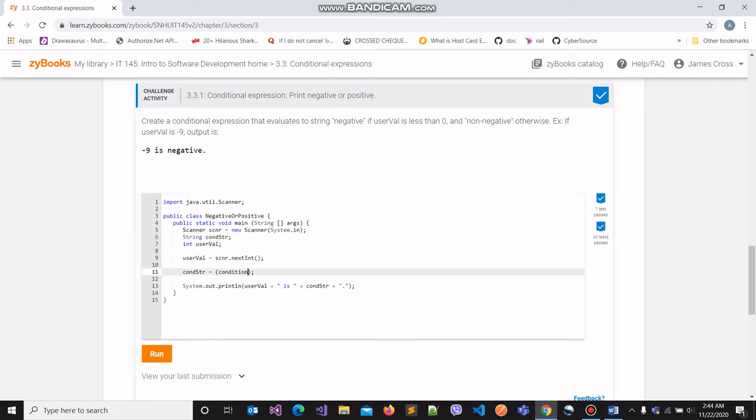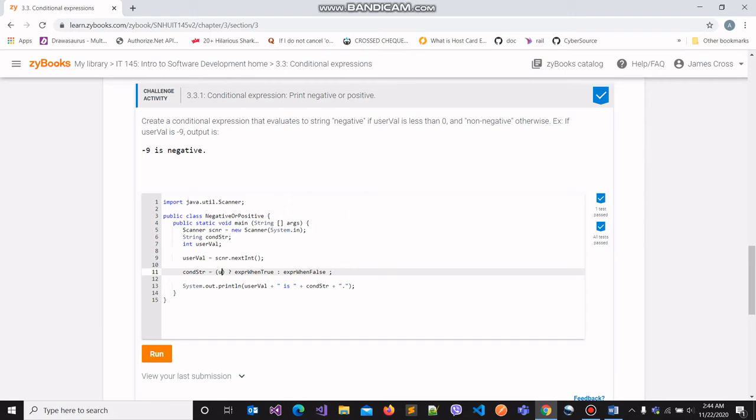So if you remember the general structure of a conditional expression, it goes something like this. You have a condition, then you have a ternary operator, and then you have two expressions. Depending upon whether this condition comes out to be true or false, one of these expressions will be executed. If the condition came out to be true, the expression when true will be executed, and if the condition came out to be false, then the expression when false is going to be executed. So we wrote down the general structure of the conditional expression, but now we need to be more specific in terms of what our question requires us to do.